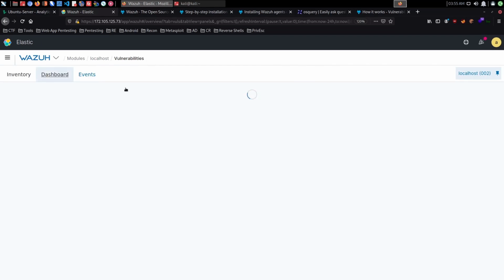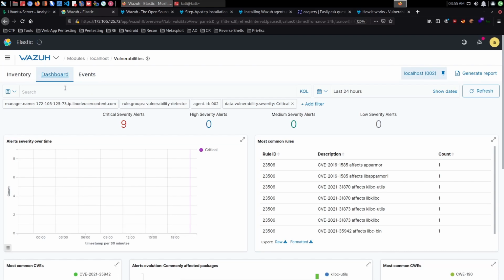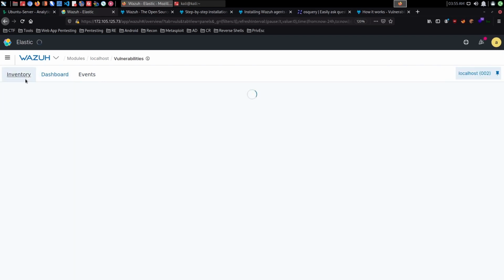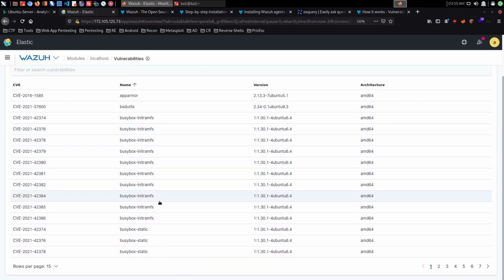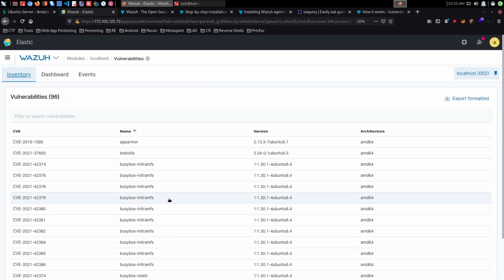So we can go back into the dashboard, and again, you can then click on the inventory here to essentially display the actual vulnerabilities and/or the CVEs that affect a particular package. In this case, it looks like it's mostly BusyBox that is being affected, but yeah, that's the vulnerability